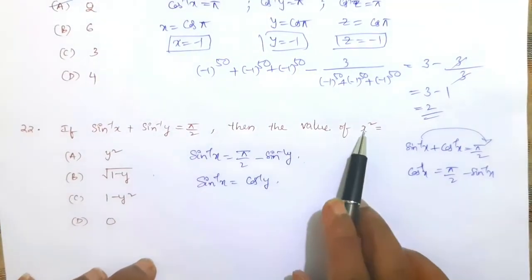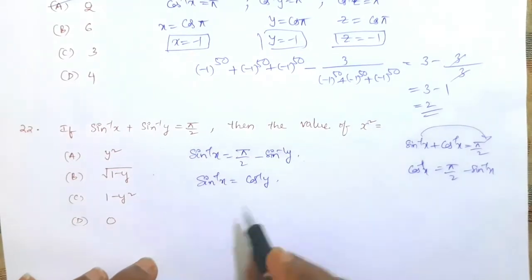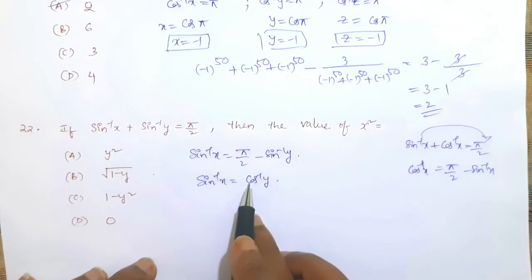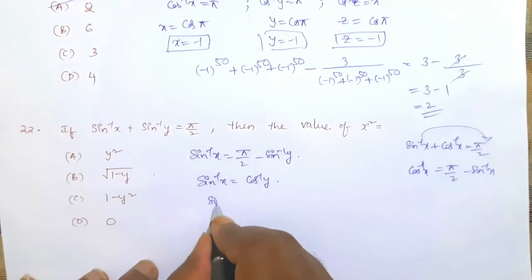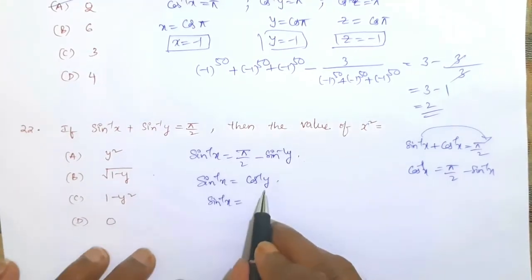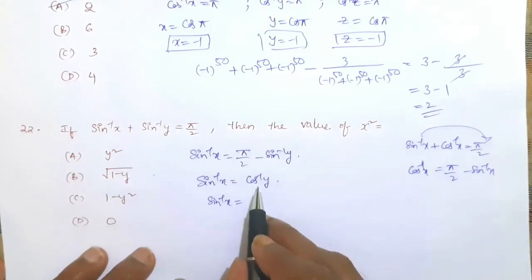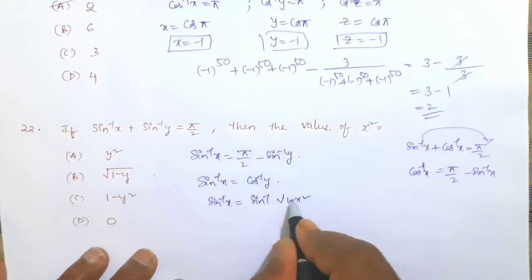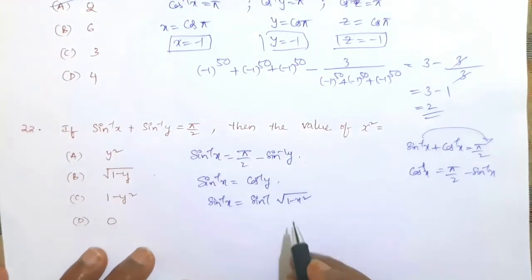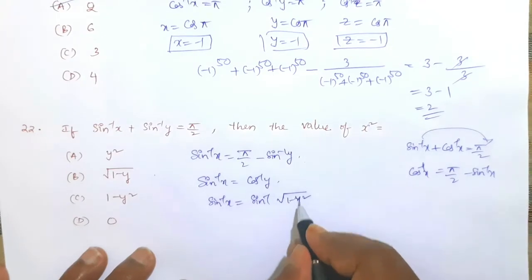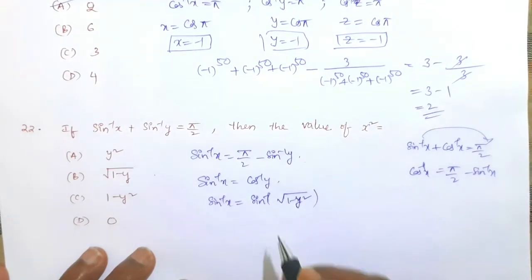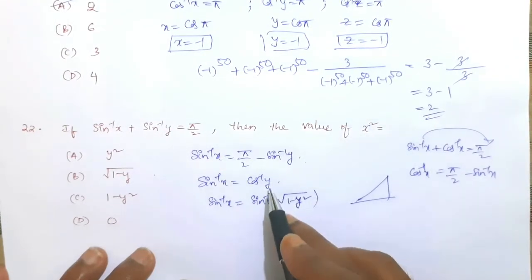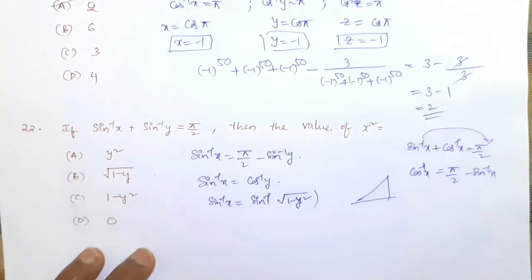Now as they are asking the value of x square, we need to find the value of x, right? To simplify x, both should be in terms of sin, so then it will get cancelled. So sin inverse x is equal to cos inverse y, and cos inverse y in terms of sin inverse is sin inverse of root 1 minus y square. Sorry, here it is y square. According to properties you can find it, otherwise by using the triangle method also you can convert cos inverse into sin inverse.